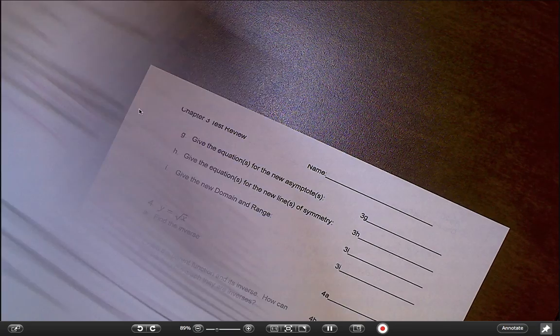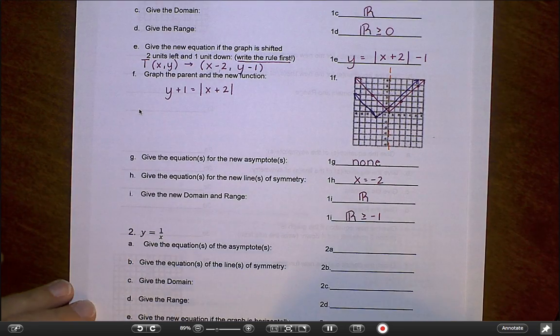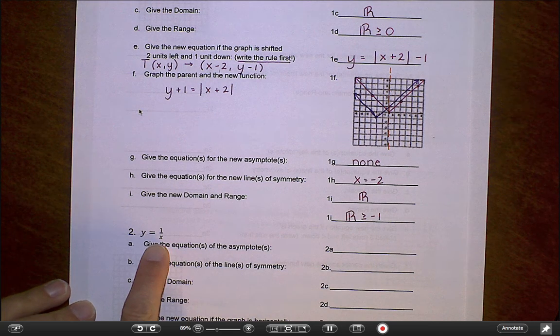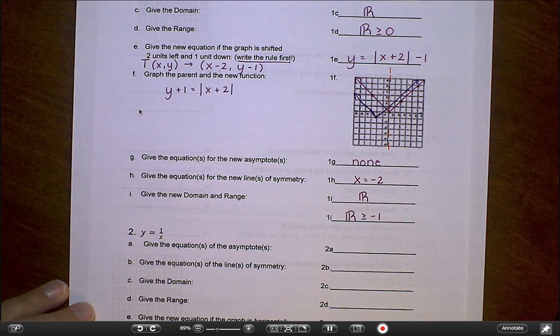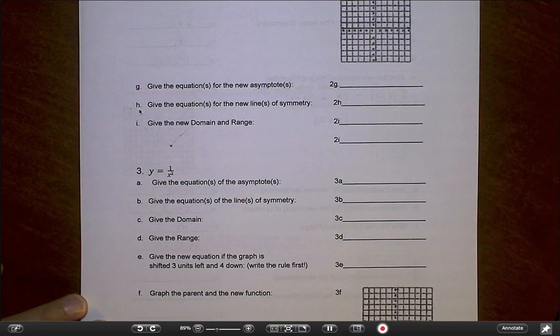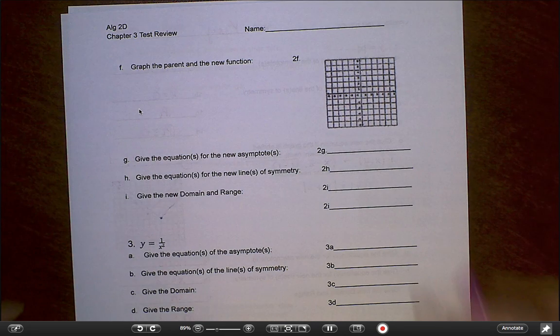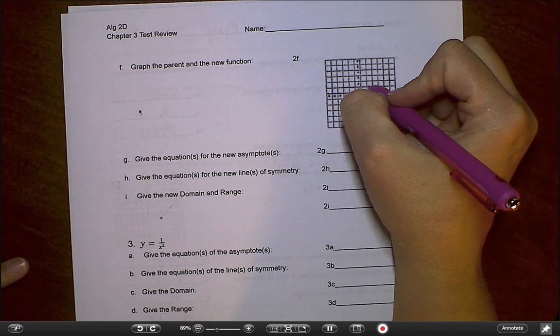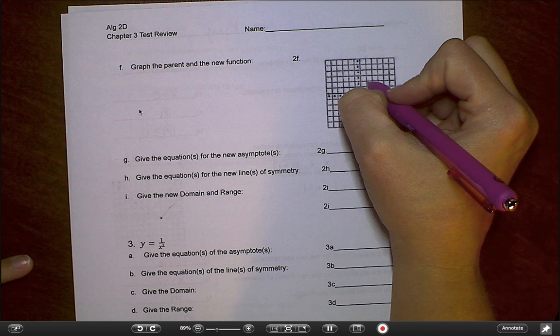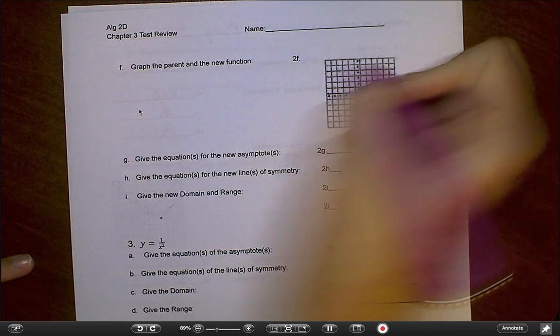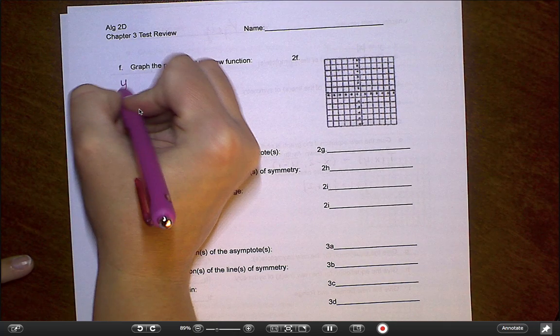Does this one eventually ask me to graph? Let's see. It sure does. I'm a little annoyed that I have to flip pages here. Sorry about that. But I'm going to go ahead and graph 1 over x. Okay, back here on part F: graph the parent function and the new function. Let me get a couple of specific points on here so I can make sure our picture looks nice. So with the function y equals 1 over x,